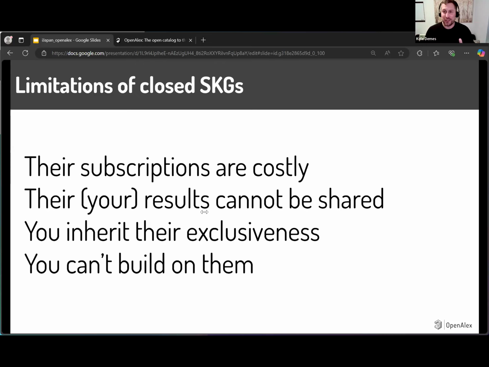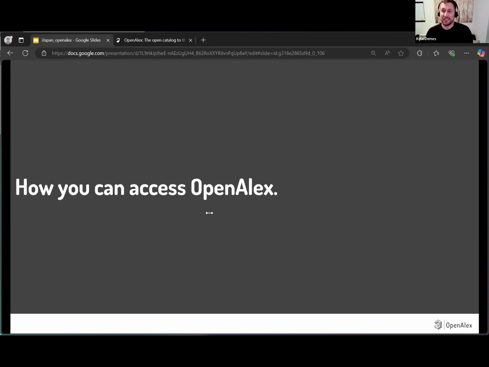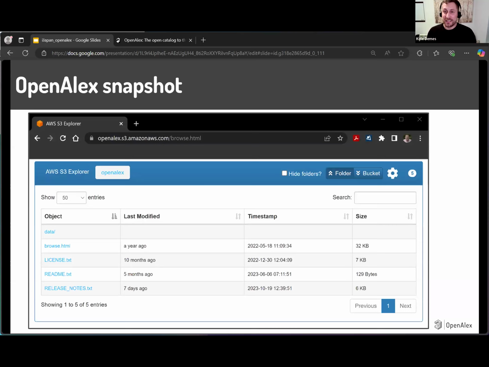Okay, so I won't spend much time on that. I want to talk about how you can access this data. So there's three major ways to access it. And the first is the one that is completely different from all of the others. So that's the OpenAlex snapshot. And you can see here, anyone in the world can go online and download the entirety of our database and use it for whatever purposes they want for free right now. You don't even have to register. You don't even have to tell us. No other database can do that.